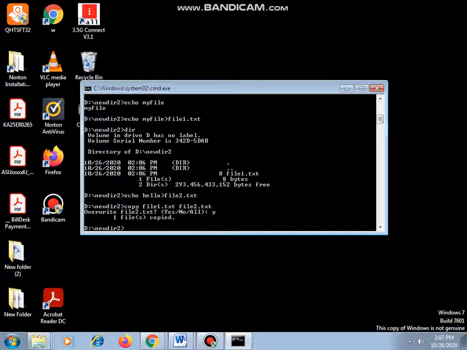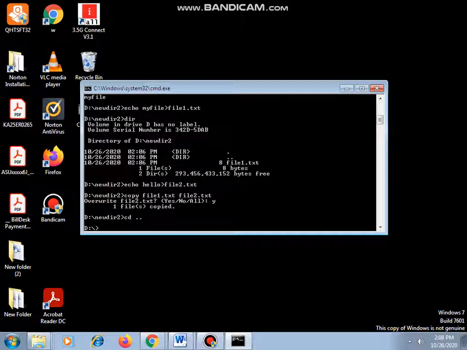What if I want to move that file from one directory to another directory? We should make use of a particular command. For that, I will come back to the root directory and create one more file.